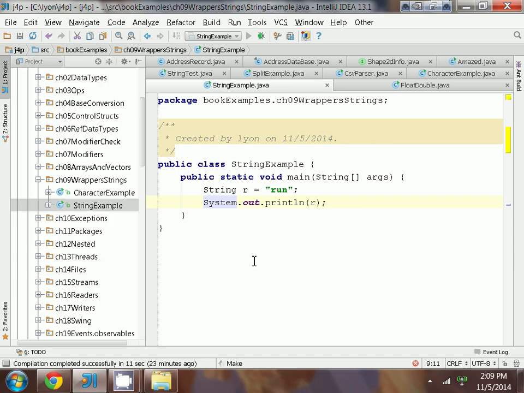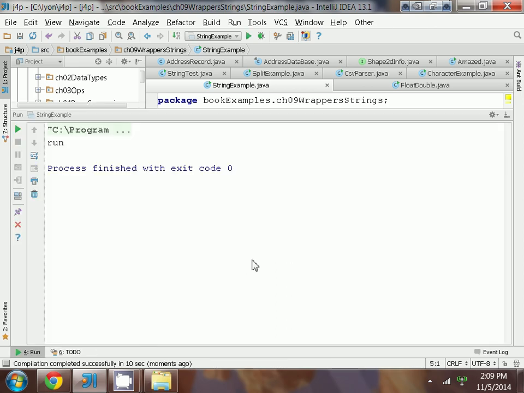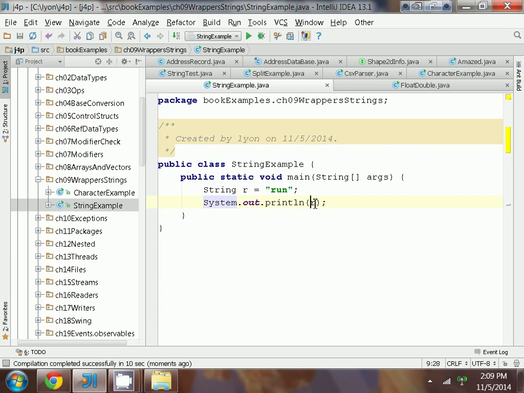Now, what would I want to do here if I wanted to print running? Not just run, but running. Like I can't say "I am run," right? That makes no sense. But I could say "I am running." So to modify the string, we use one of the few overloaded operators available to us in Java. And so what we can do is we can add